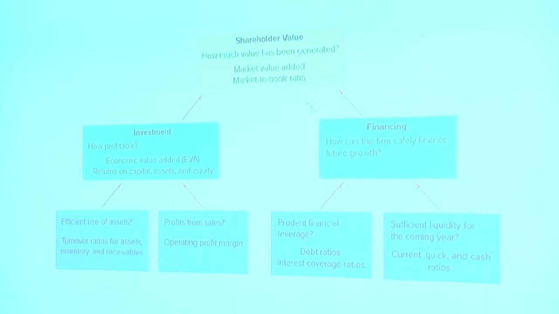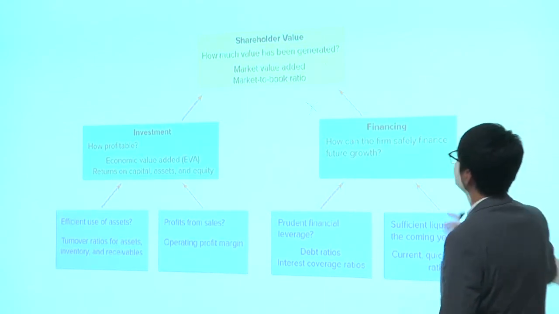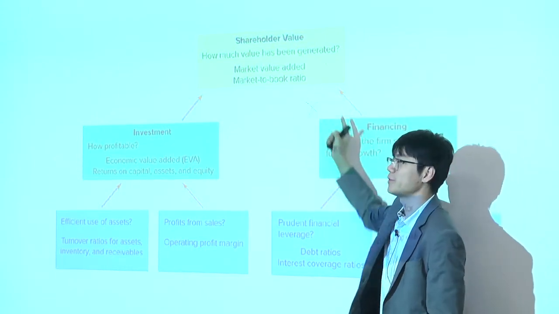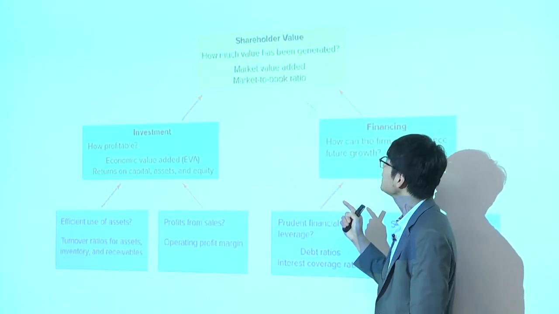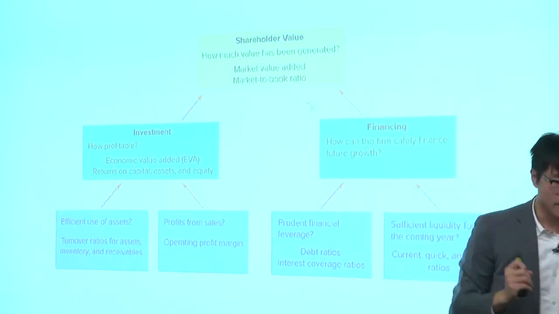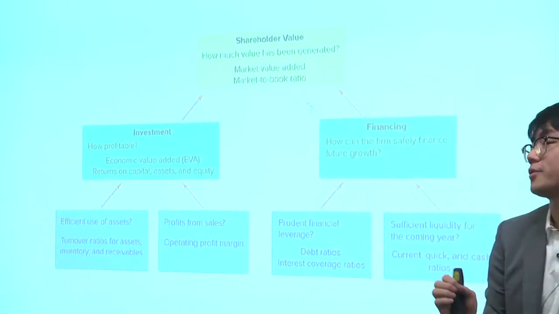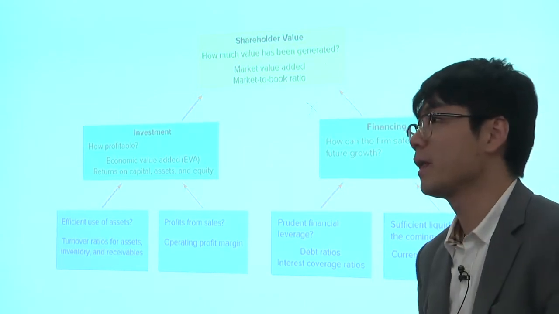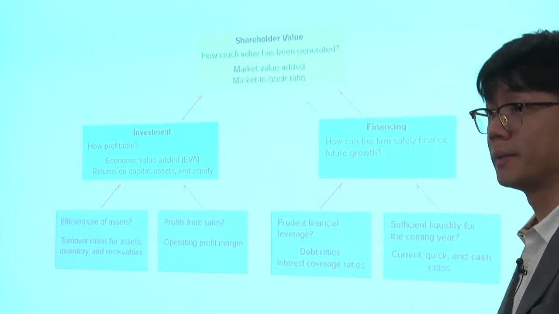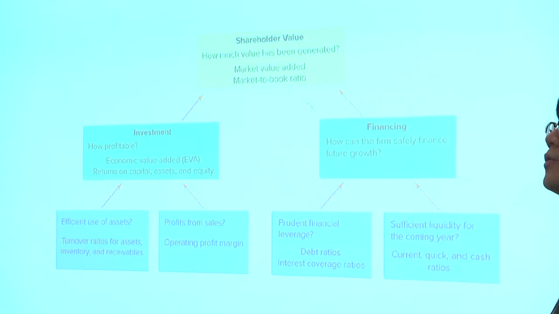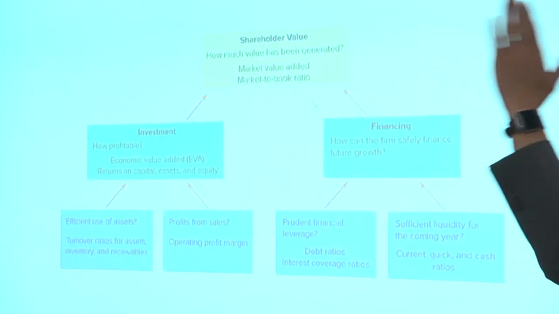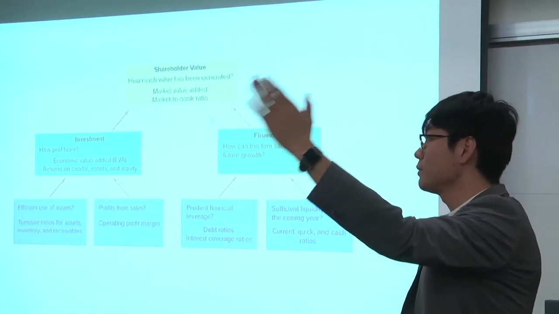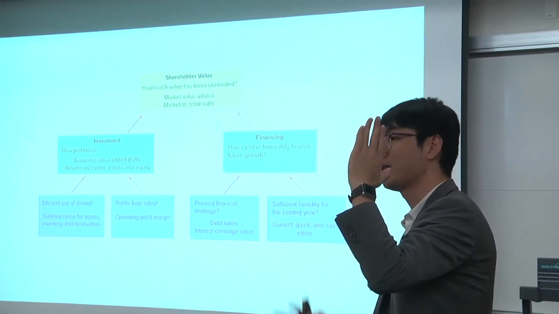What do I mean? All the ratios serve a purpose, and you can see where that ratio is in this chart, and the purpose it serves. Chapter 4 is titled Measuring Corporate Performance. So how do we measure corporate performance? All the ratios give you an angle of looking at the corporation and saying, at this angle, how is it doing? Is it doing fine? Is it doing better than other companies?